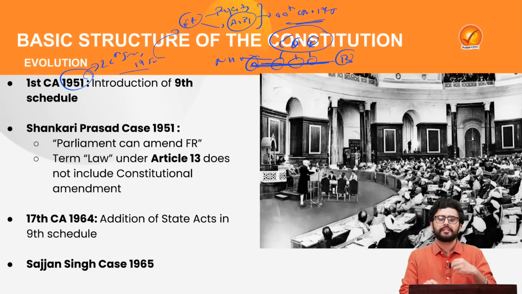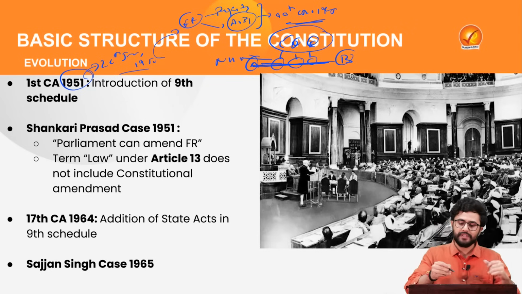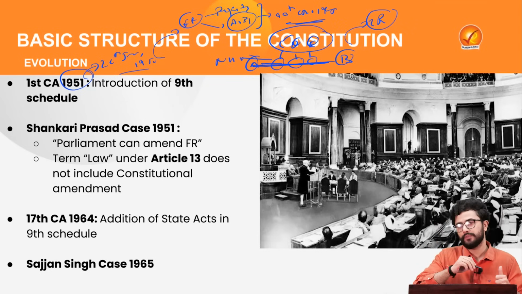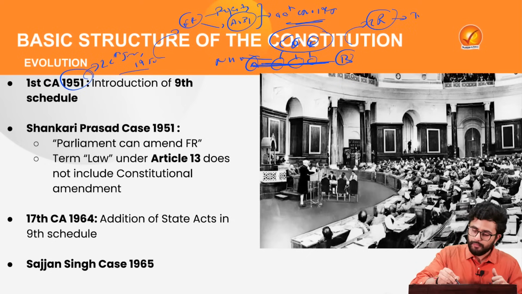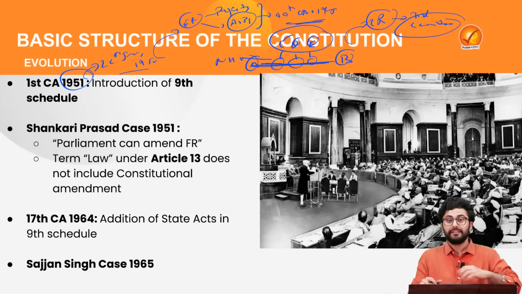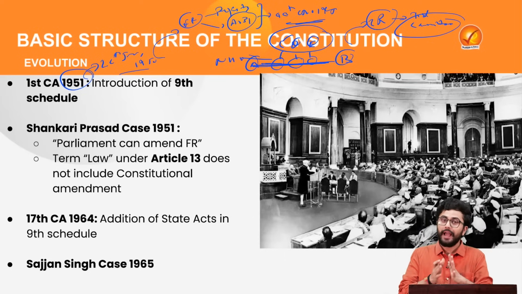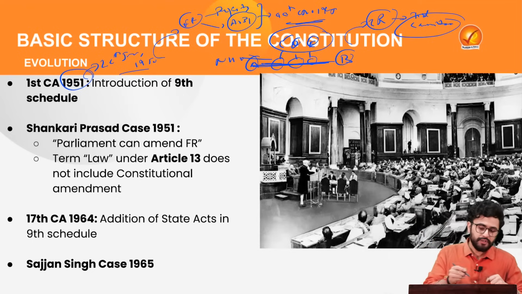Also, there were certain states such as Kerala and Tamil Nadu which were envisaging to introduce land reforms, because at that time a large section of land was held by the traditional zamindars of the colonial era. And the large peasantry did not have any land rights or any land to cultivate, and thus they were living in poor and destitute condition. Thus, following the socialistic principle of the Constitution, the First Constitutional Amendment Act of 1951 was enacted,